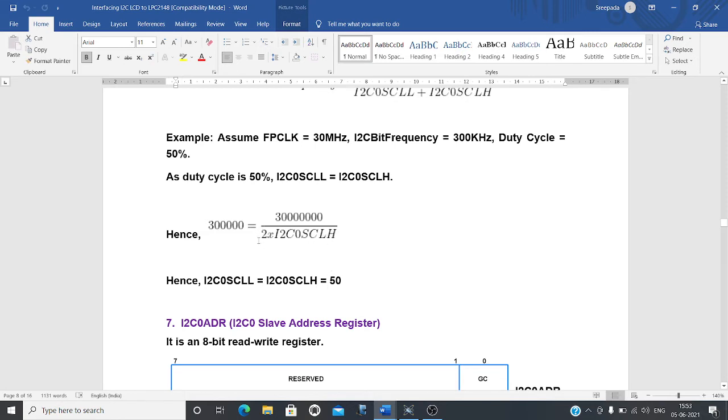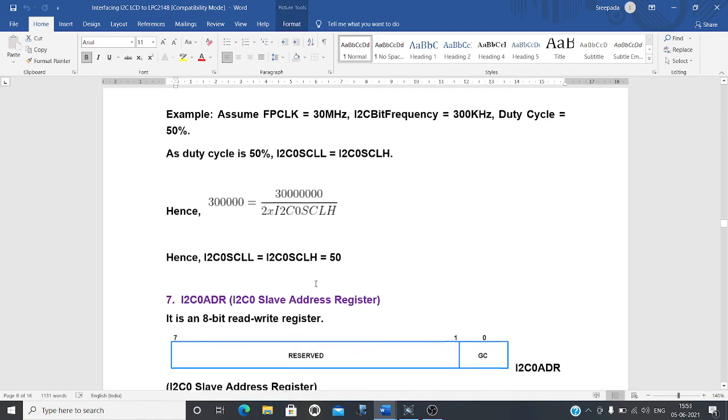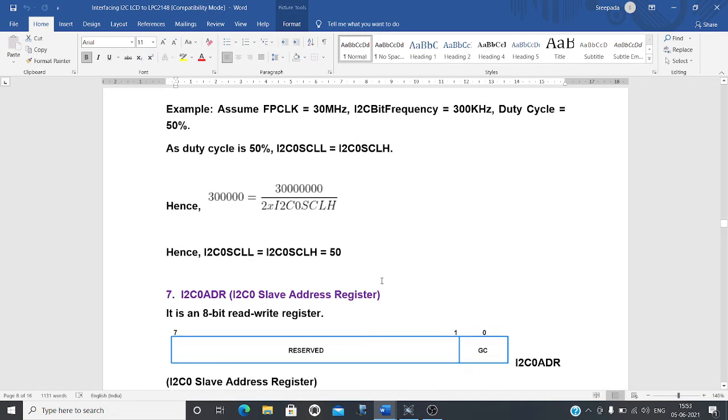This value you will get 100. Then the low value and high value will each be 50, which means you are getting a 50% duty cycle. So you have to load the SCLH register with 50 and the SCL low register with 50.